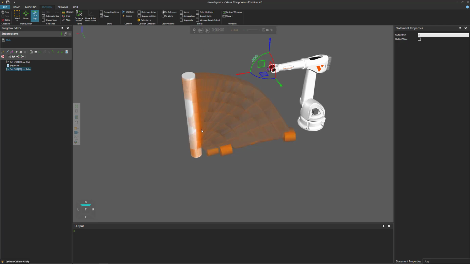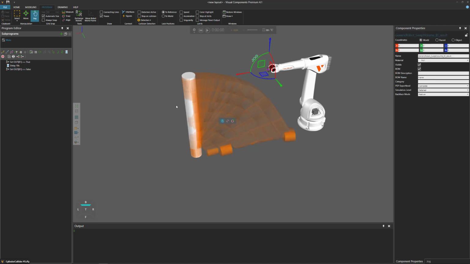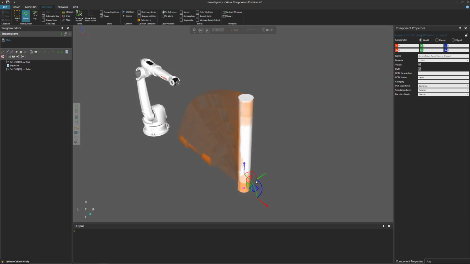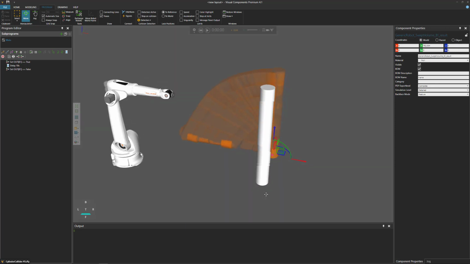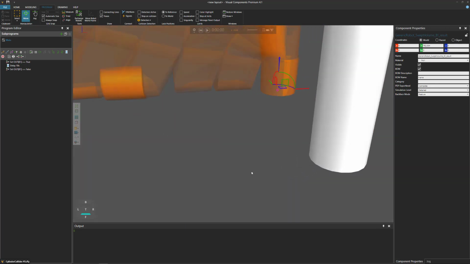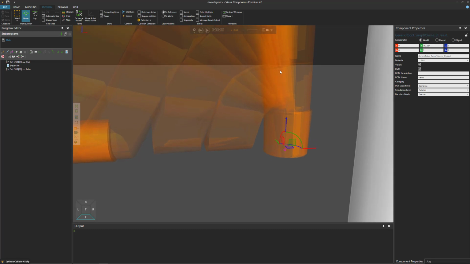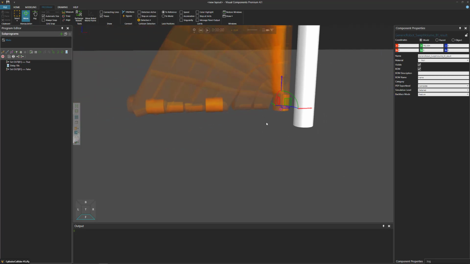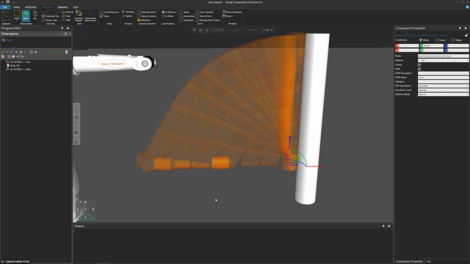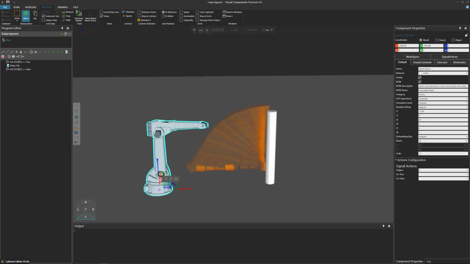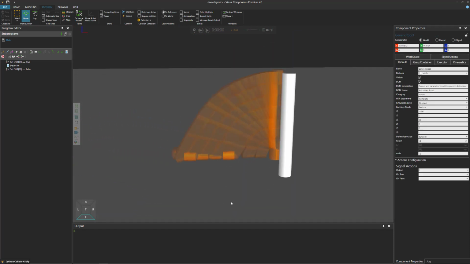So now if we reset, select the swept geometry using the move command, we can move it over here to the side along the y-axis. And let's take a look. So with those default values, the stack kind of fell apart around the second and third part. So let's see if we can change some values to make this more stable. I will move the robot out of the way. We don't need to see it anymore.